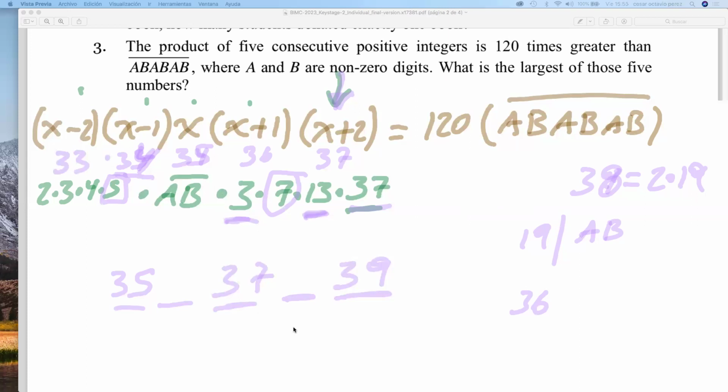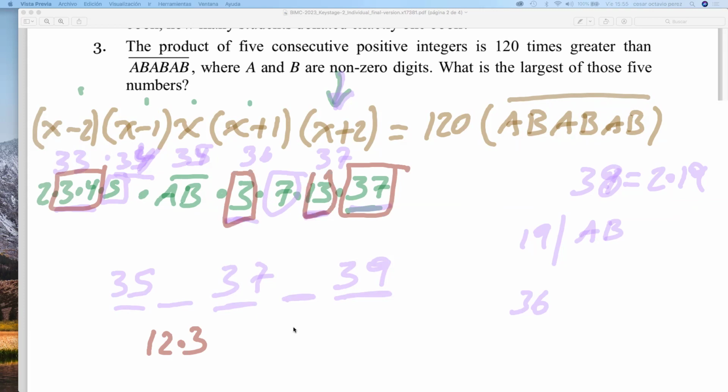We can use those two, so we will have 12. We can get this 12 by 3 in order to get a 36. We don't have another 3 there because we already used 37,